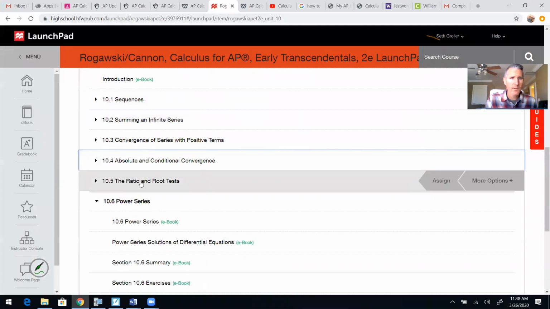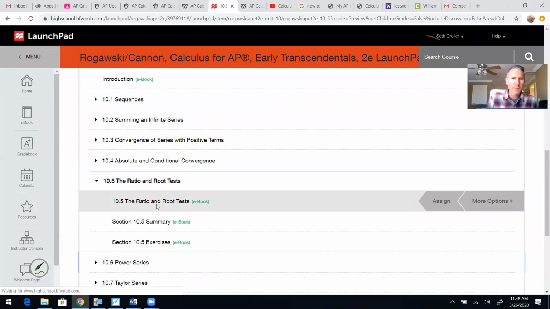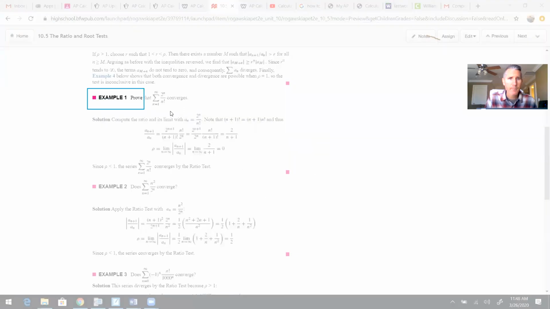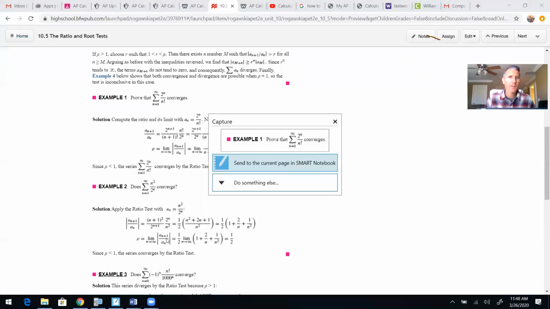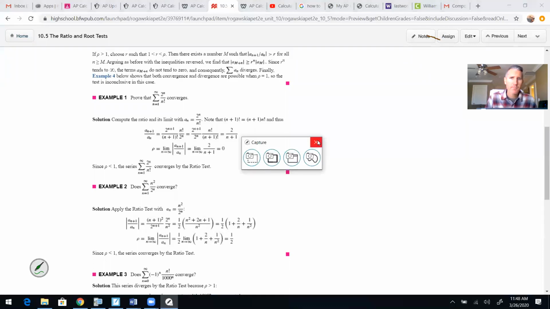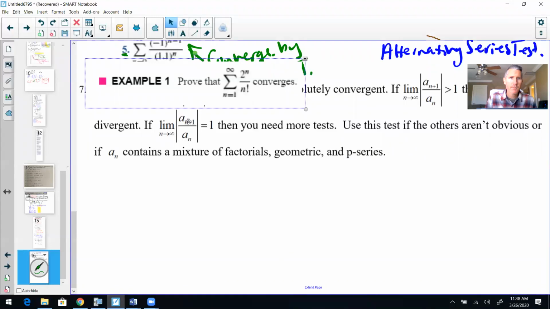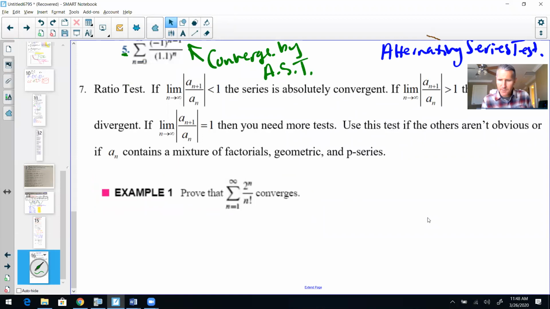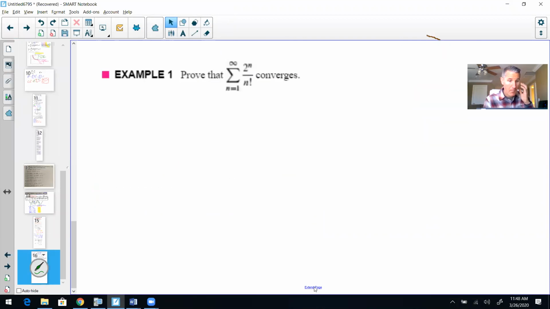Oops, I don't want power series, I want ratio and root tests. Let's look for a good example for us here. Okay, prove that this guy converges. So here's what we're going to do. We're going to look at